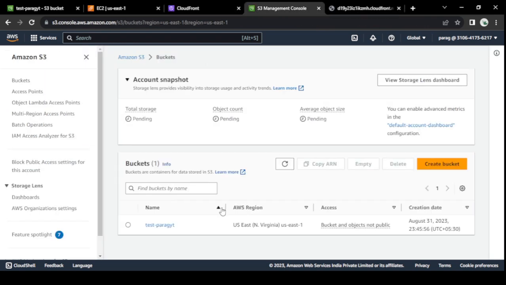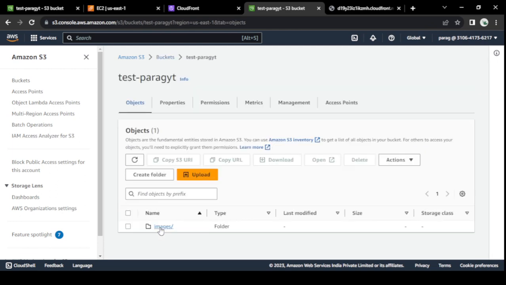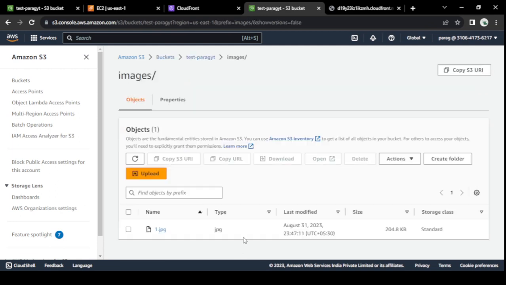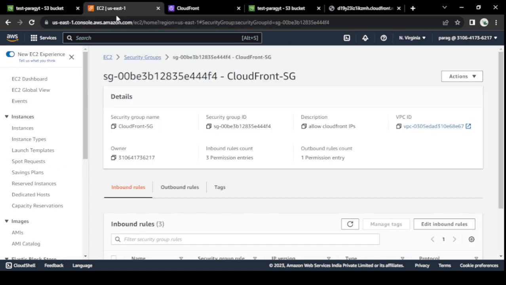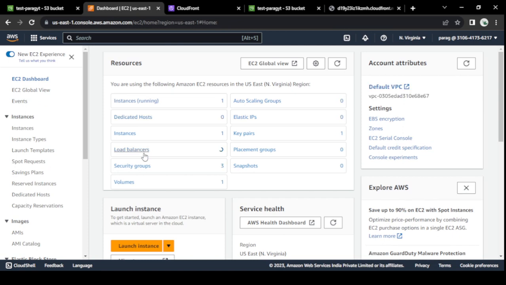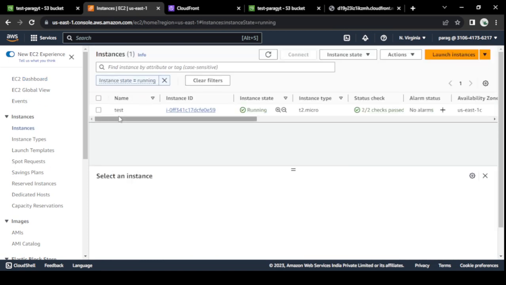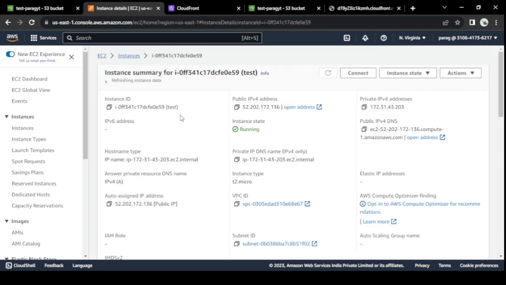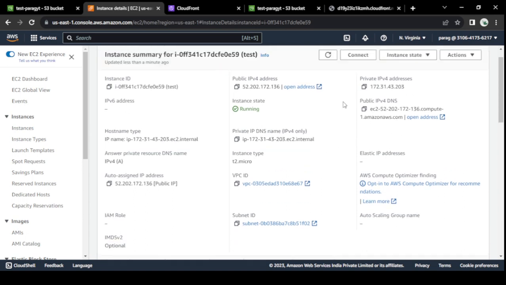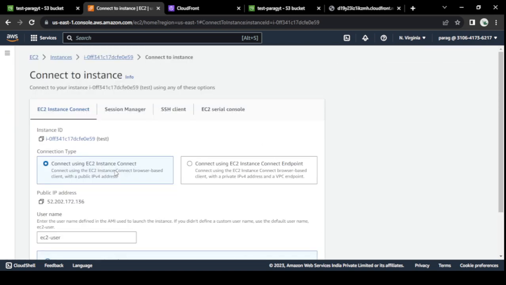And we see we have an S3 bucket created. This S3 bucket has an images folder. And if you check for our EC2 instance, I've done something similar. There is one running instance. Let's just click on this. And if I connect to it,